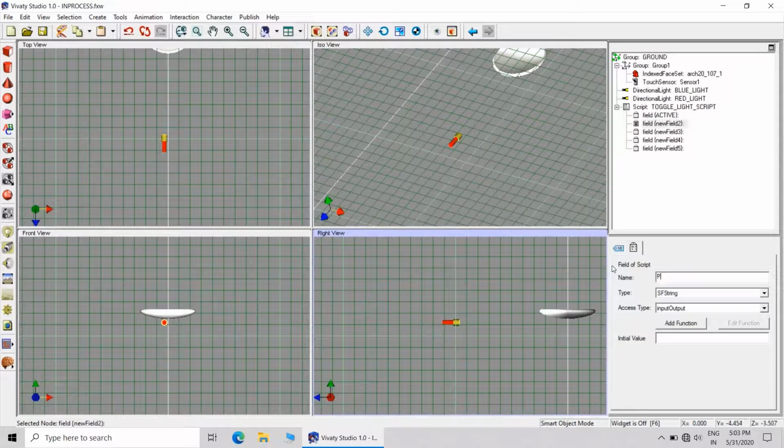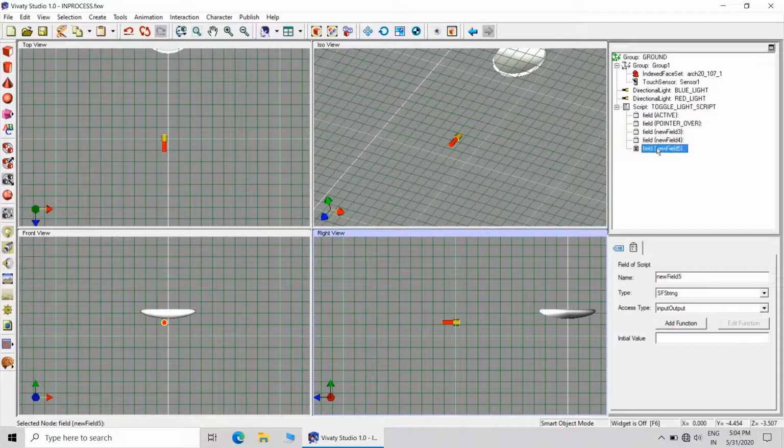It is getting reflected now, active. The second field will be pointer over. The third field will be when clicked. It will take some time to reflect the name.